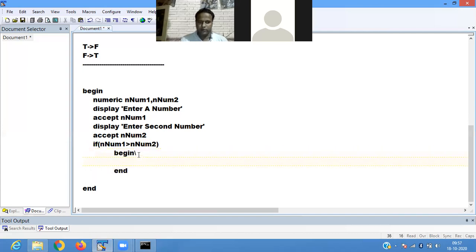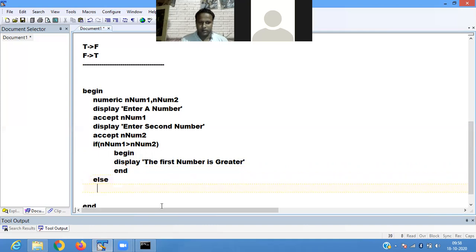So if your value is greater than number 2, then it displays the first number is greater. If the first number is not greater, then it moves to the else part, the else block.